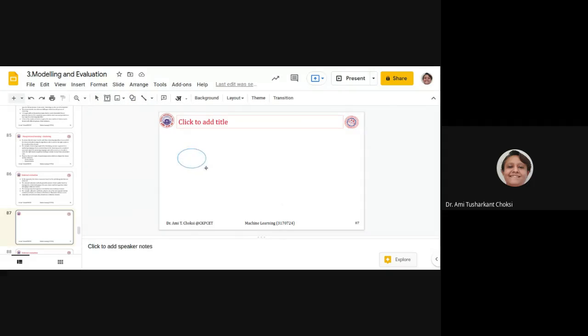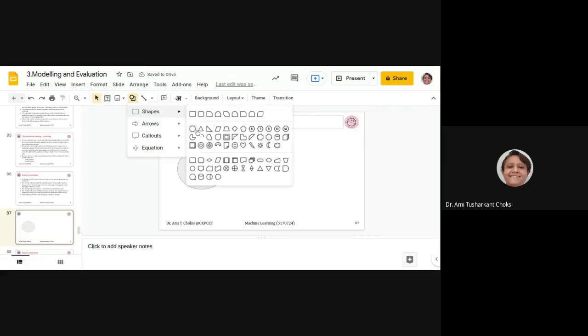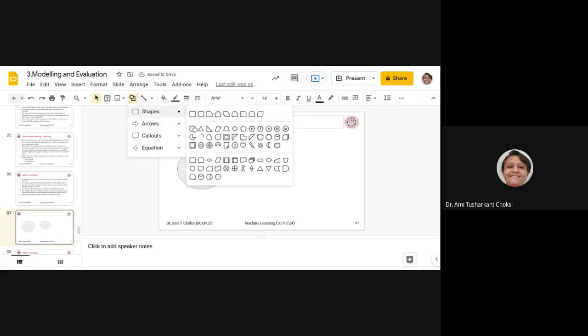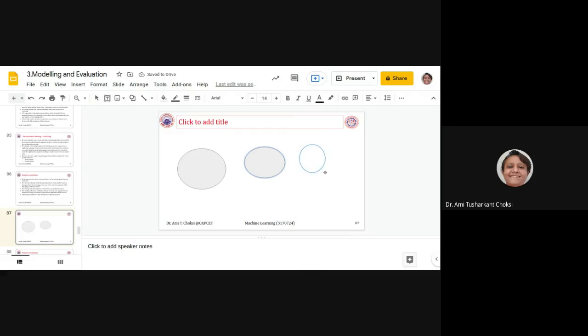If I say this is one group, then this is the second group, then this is the third group, right? These three groups are there. Now what do we say is people inside this one group, can we say that they are similar to each other, then only they are there in one group?